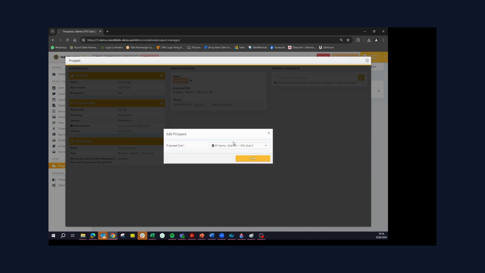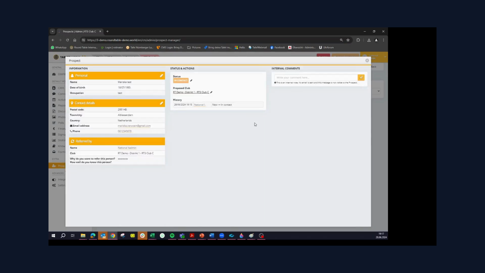A club change is also always possible. So you can send him to another club if he wants to do that, or if you want to do that, if he does not fit to this club. If you have done that, it is always helpful to write some internal comments. For example, I've contacted him. Let's see what will happen. Just so that everybody is seeing that something is happening. The prospect will not see that. So you can also write here, nice guy, but